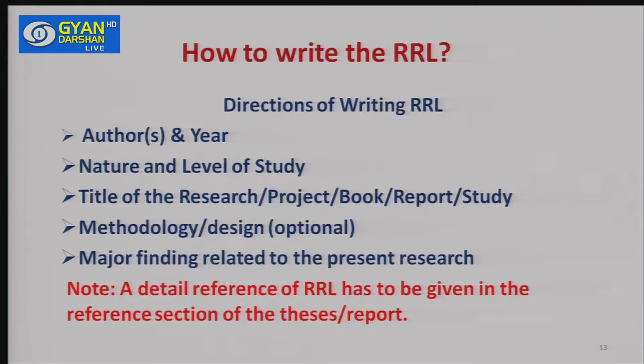Now friends, let me focus on the different directions that you are supposed to consider when you write the review of related literature. When you write the reviews, you have to mention the name of the author as well as the year of the study conducted, the nature and the level of the study, whether it is a master dissertation, a PhD study, an independent research work, or a project, then the title of the research work, a dissertation, a project, a book, report, or a study, then the methodology used in the study,